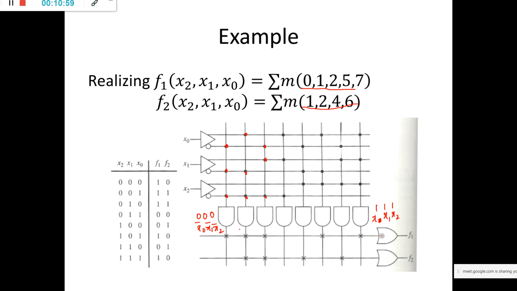So that function will be realized by F1, summation m of 0, 1, 2, 5, 7. Next, 1 is there in F2, 2 is there in F2, next 4 is there in F2, next 6 is there in F2, so that will be realized by function F2. So this is the solution,